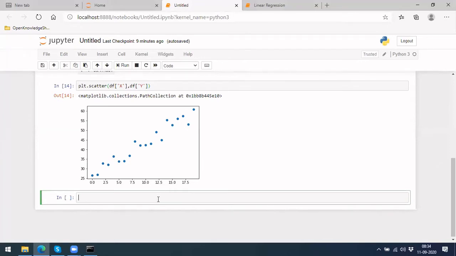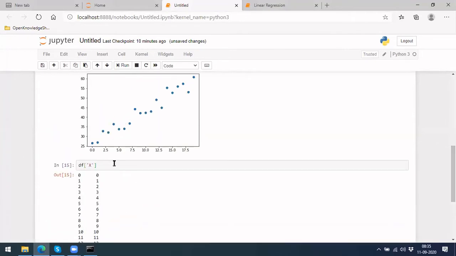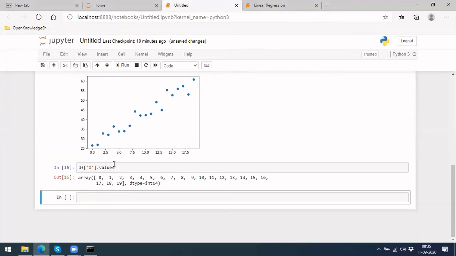Coming here, what we'll be doing is, you have df of x here. Which will be like this. If you want only values, we can see it's like 0 1 2 3 4 and so on.